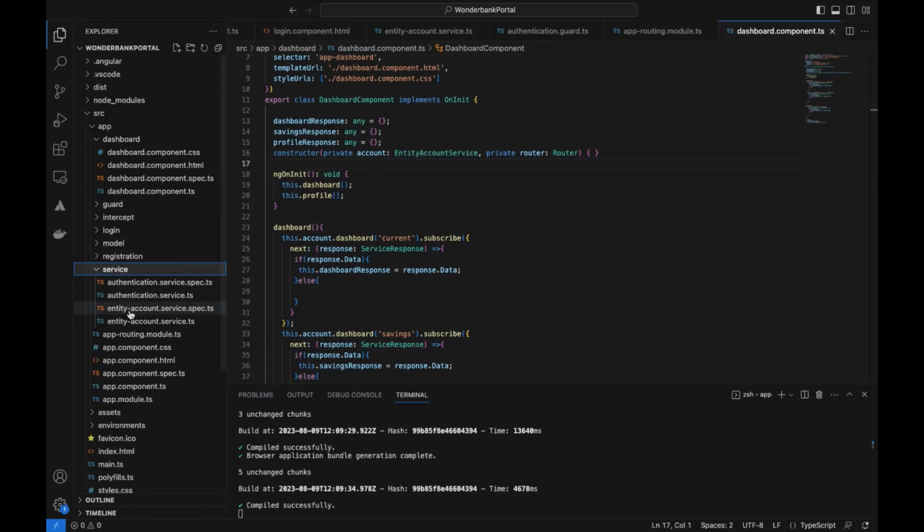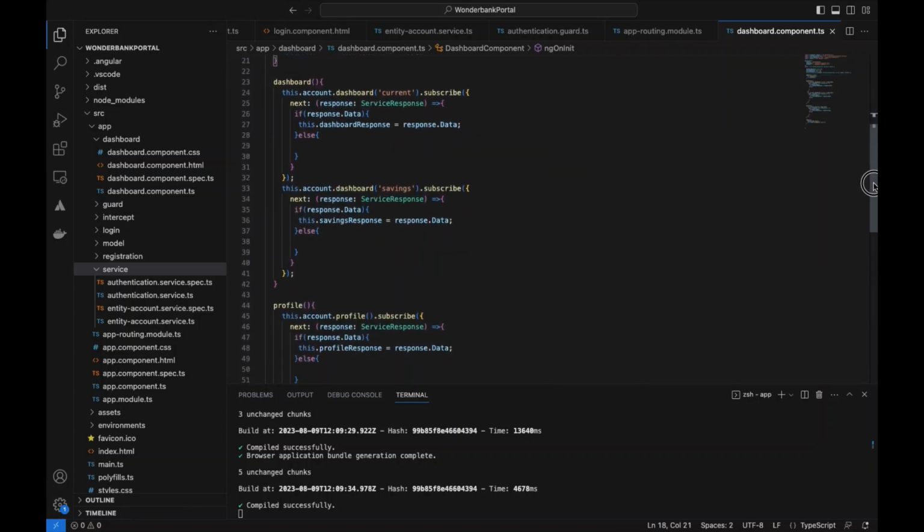So that service is right here. We're gonna see it now. So we have entity account service, and we have the router over there. And then on init, we just call dashboard, and we call profile. And let's see which endpoints we call over here. So we make calls to 3 APIs. Or basically, we make 3 API calls to the balance for the current account, and then balance for the savings